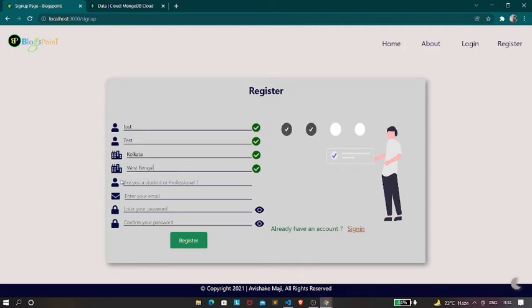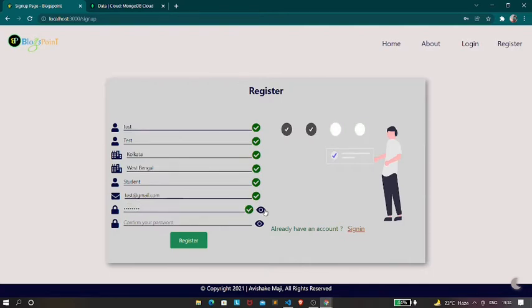So now you can see that for each field there is a validation over here. As you can see, there is a validation. Again, there is an email validation over here. So the email must contain an address. And let's have a password. Now you can also see the password. The password should be of at least 3 characters. So let me just create.